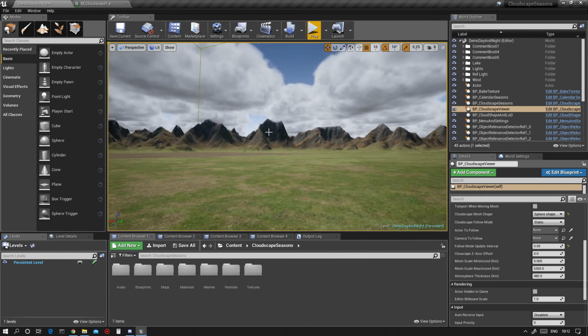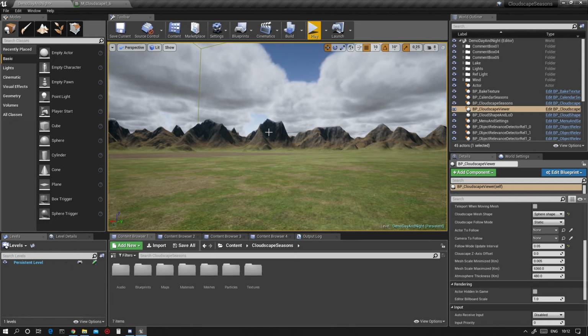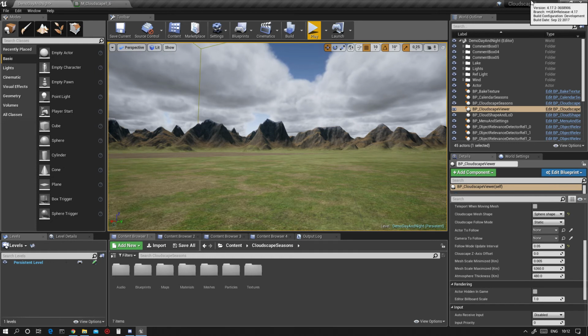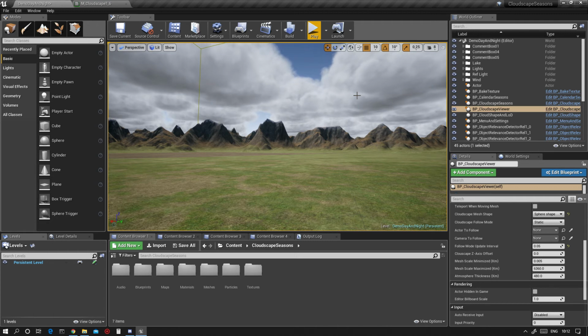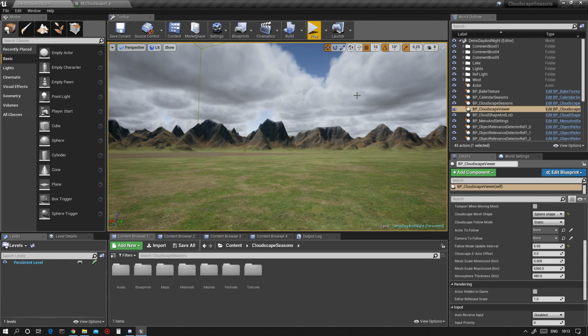In fact, this avoids a lot of troubles. It doesn't force you to go to a further engine release, since you can still use this; we are here in 4.17. You can use it all the way up to 4.25, and when you are using those upper engine releases, you can shift the